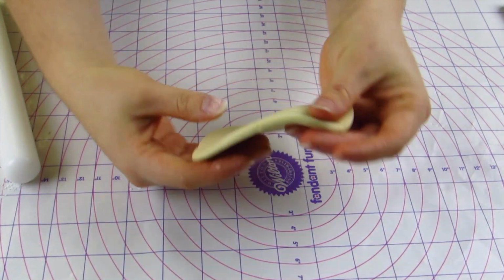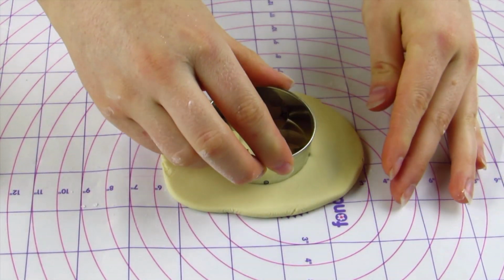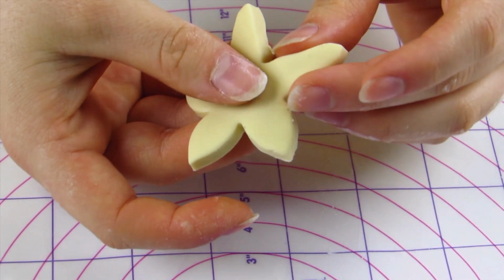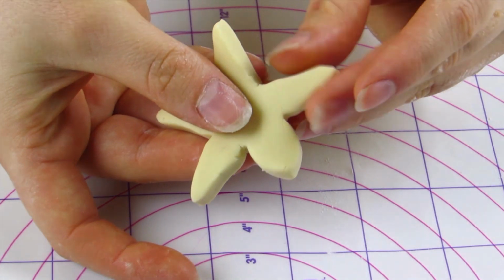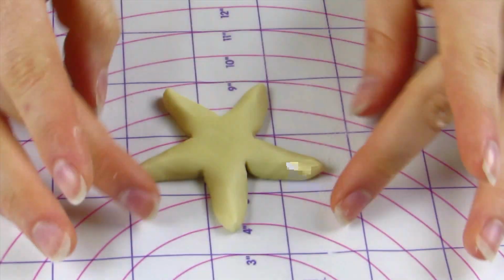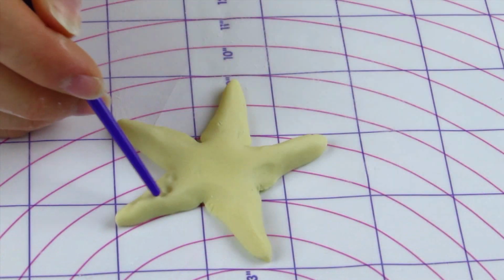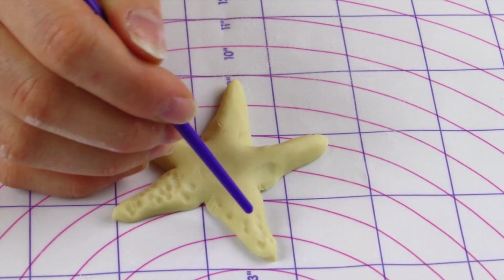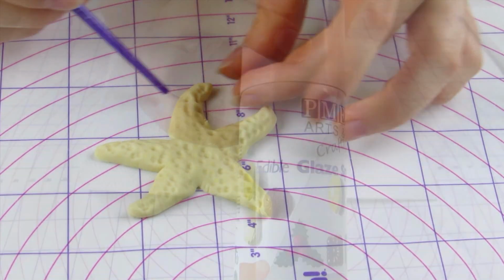Now for my starfish, I'm going to take that beigey fondant. I'm going to roll it out about this thick. I'm taking a flower cutter that looks kind of like a star, but not quite. I'm going to cut it out, and then I'm going to stretch each of the ends just about this much. Then I'm going to push those ends down towards the table and pinch the top of it together. I'm going to press into the center with my fingers, and that's going to give it a little more dimension. Now taking the back end of my paintbrush, I'm going to create some texture in it and then curve the ends,